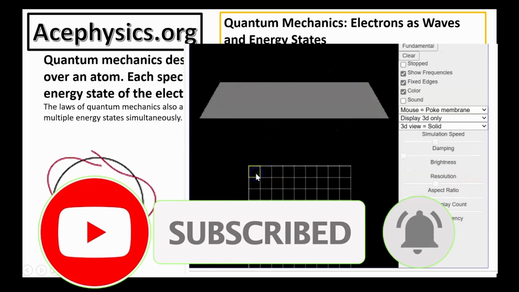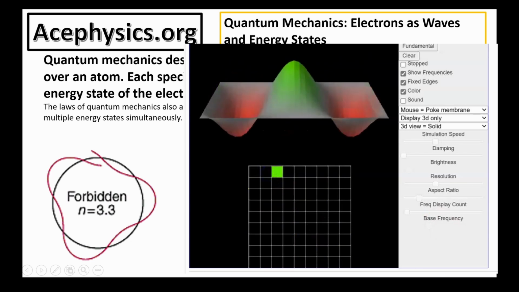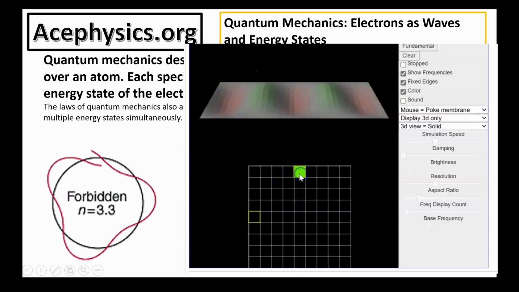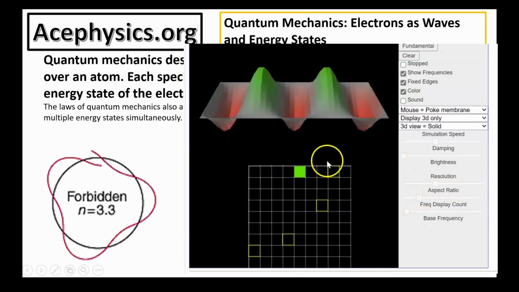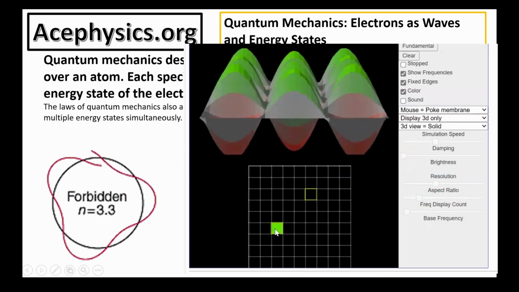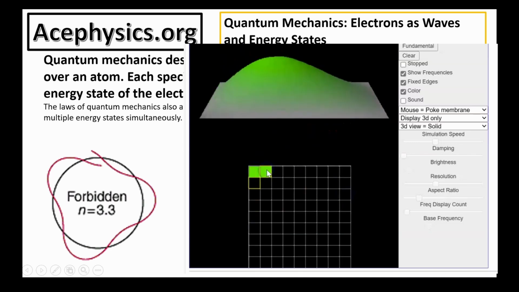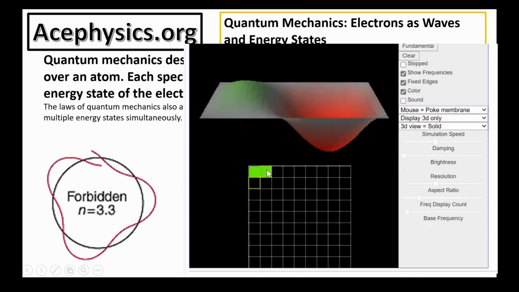These wave patterns are shaped by boundary conditions, physical constraints that define how the wave can form. In an atom, the structure of the atom itself imposes these constraints, and the resulting standing wave patterns correspond to the electron's possible energy states. Each standing wave represents a distinct energy level. When an electron absorbs or releases energy, it can make a sudden, discrete transition, or quantum leap, between these states.